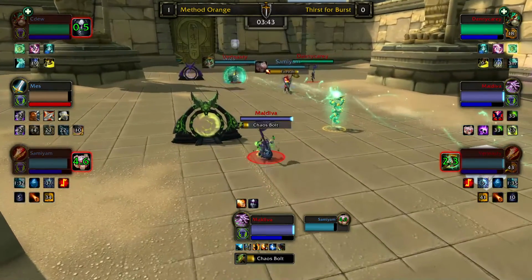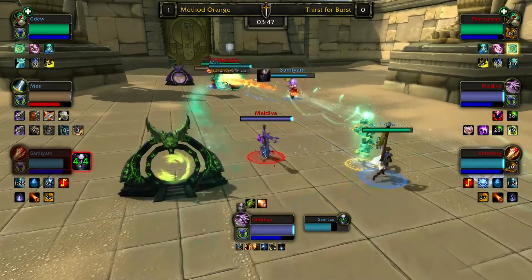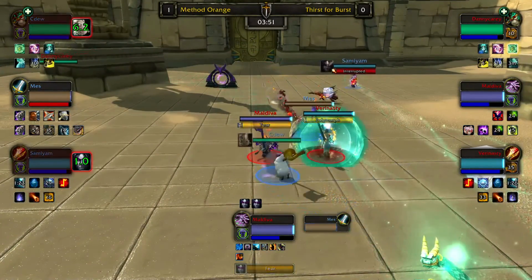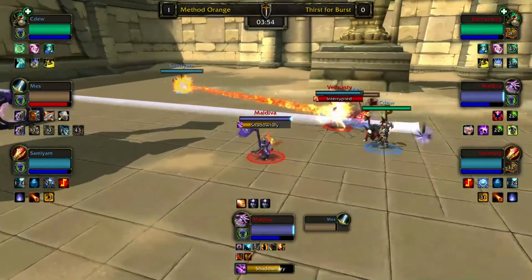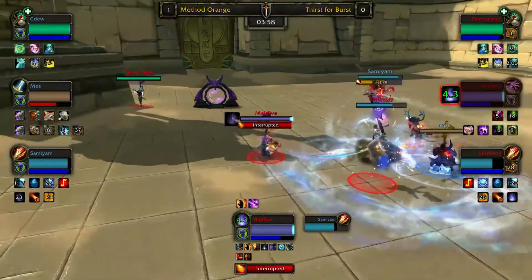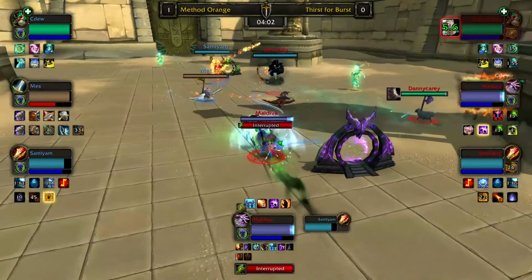Sam blinks in to try and poly Danny. Danny is protected by Maldiva with that spell lock. Sidhu is pushing up. Danny rolls away from Sidhu, looking to get nowhere near him. Thirst for Burst are continuing to stall. They punish Sidhu by polying him out in midfield, but again, it breaks early. And if these polymorphs don't stick, it's going to be very difficult for Thirst for Burst to find